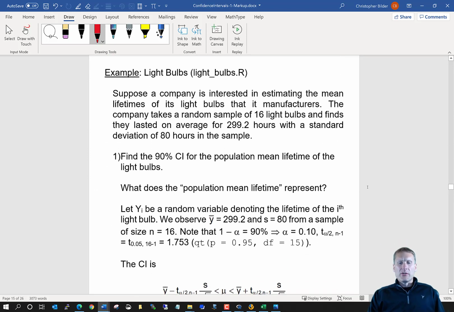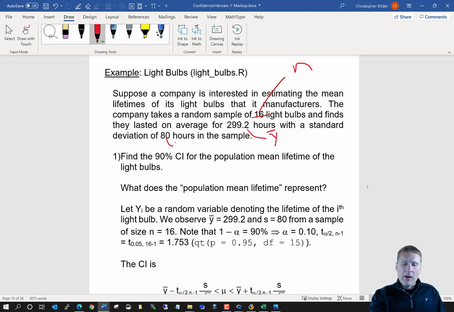So this example deals with light bulbs. You know, when you buy a package of light bulbs, very often it will give you some value in terms of how long one would expect the light bulb to last. Suppose for a particular kind of light bulb, it's actually probably not a very good light bulb, but let's say it's a light bulb of interest. Suppose the company is interested in estimating the mean lifetimes of its light bulbs. The company takes a random sample of 16 light bulbs, that's our n, and finds that they last on average about